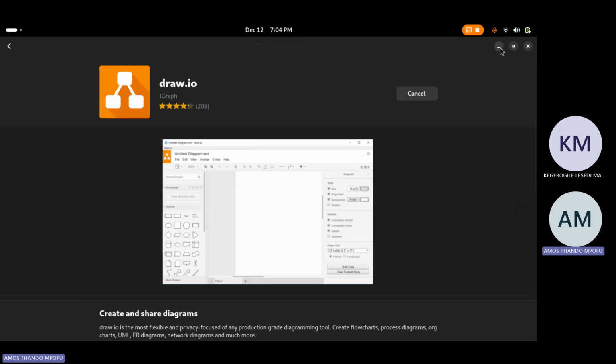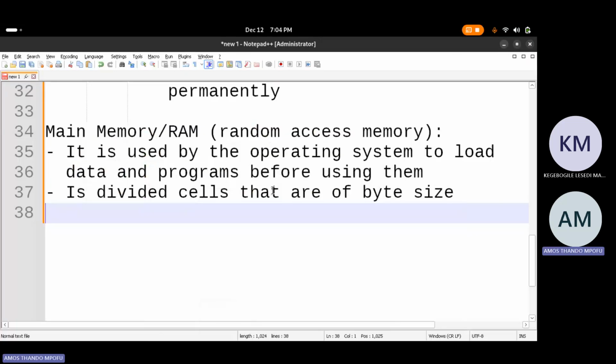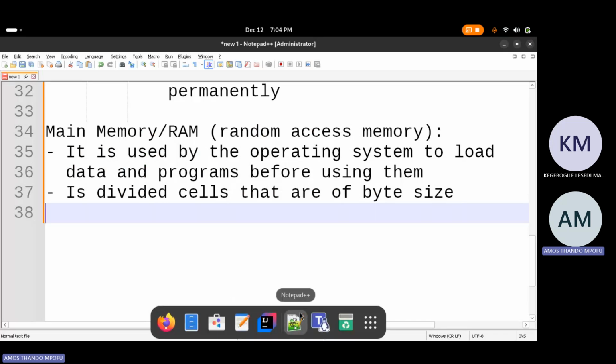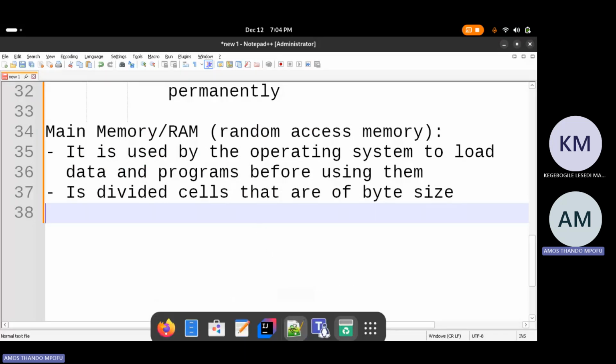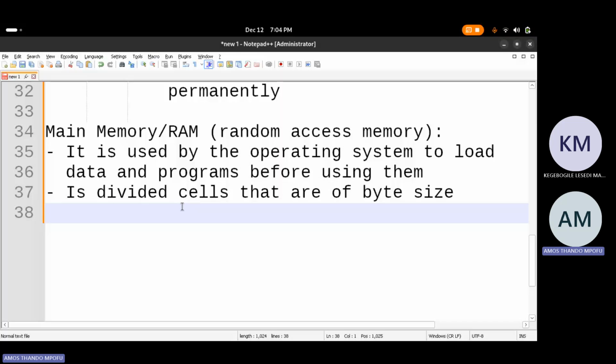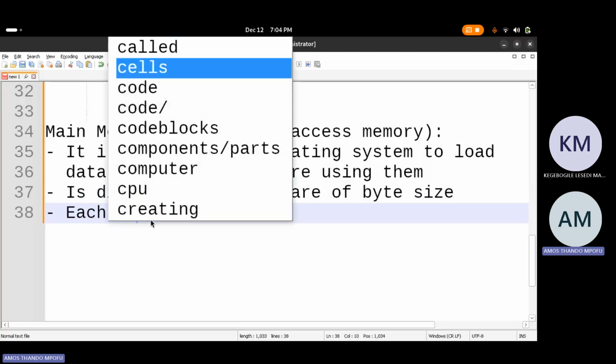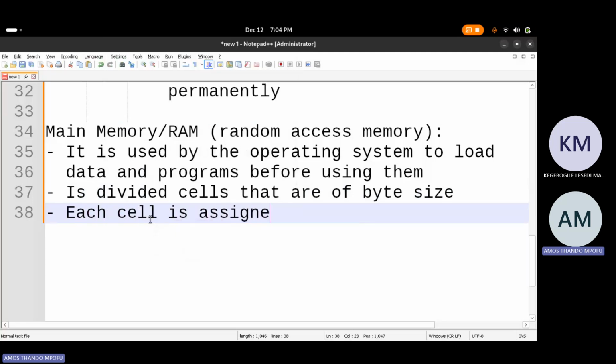I think that's a good picture, and while I'm explaining, hopefully this thing will finish downloading soon. So it's divided into cells that are of byte size, they are of 1 byte. So each cell or each row is 1 byte each. And each cell is assigned a